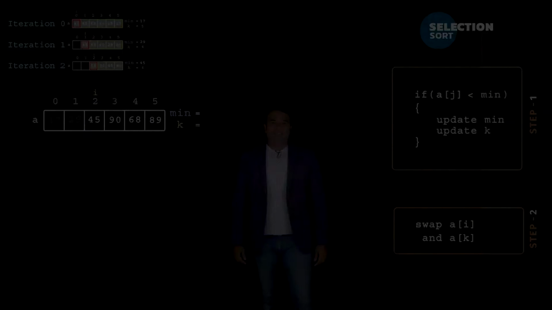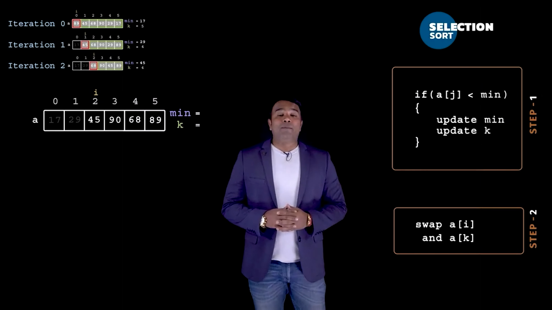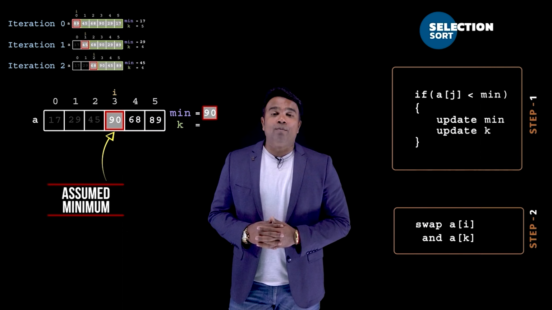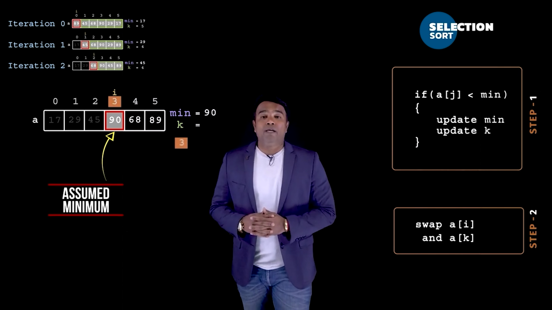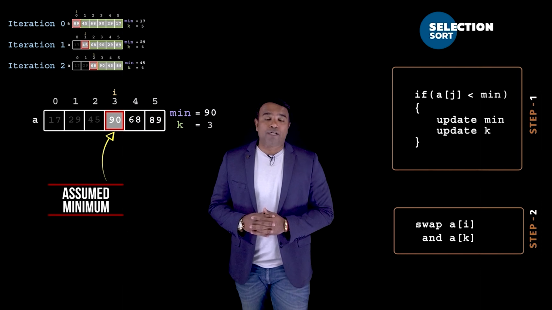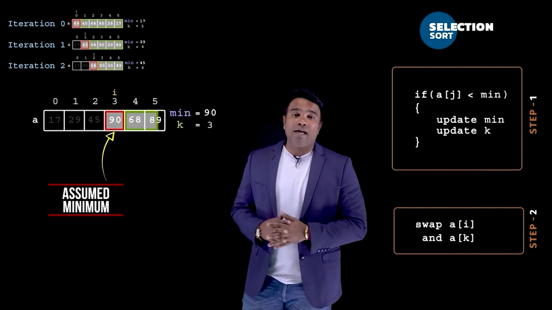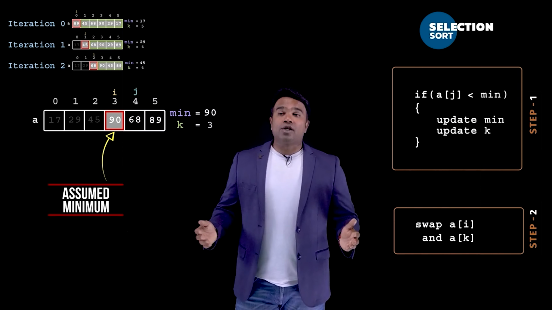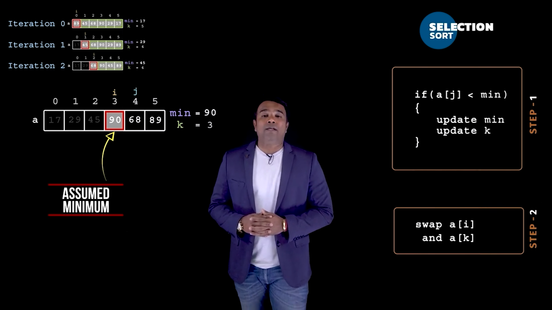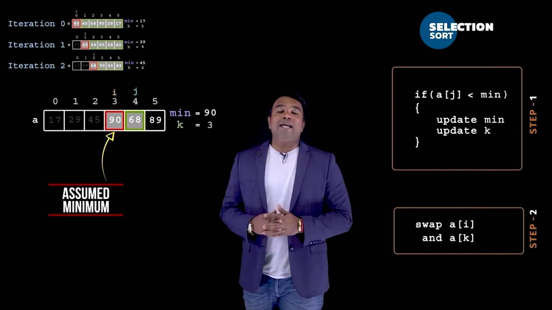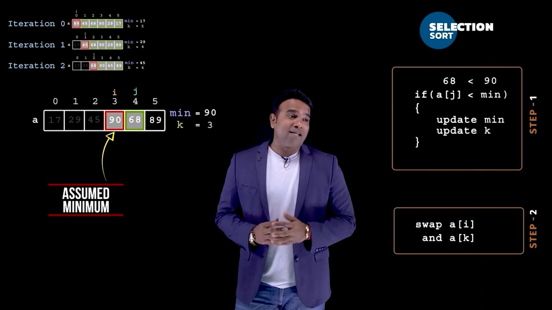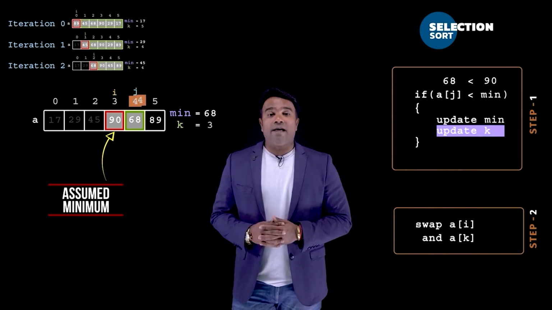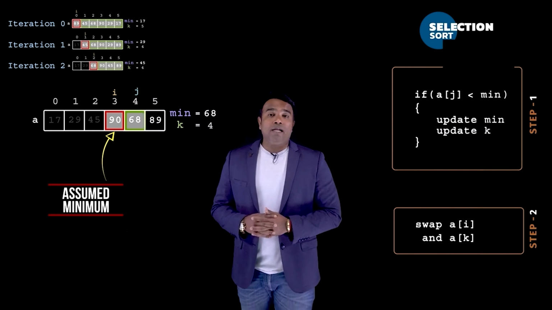the next iteration. In the next iteration, again I am going to increment I, and this time my new a of I, that is 90, happens to be my assumed minimum, and the position 3 happens to be the minimum's position, which I would store in k, and then I will have to go in search of the real minimum, and hence I would initialize my j to the next position of I, which means the initial value of j this time is going to be 4, and you can notice that a of j, which is 68, happens to be lesser than the minimum, and hence the condition is satisfied, which means I will have to update my minimum to 68 and the k value to 4, and again I will have to increment j, but then this